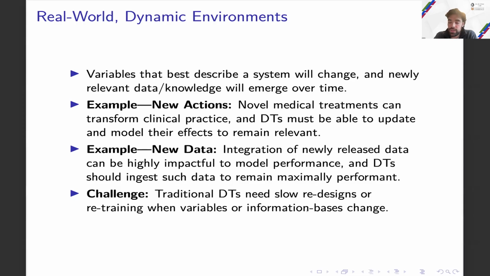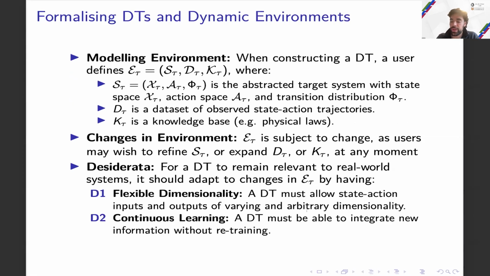And this can be a challenge for current digital twinning techniques, because they are designed in such a way that if variables become newly available, or we want to change the variable set that we are modeling, or we want to change the data or knowledge base that we have based our model off, they can require manual redesigns or undergoing slow and potentially expensive training regimes if we're using deep learning. So in this paper, we really aimed at trying to increase and improve the adaptivity of these simulation engines